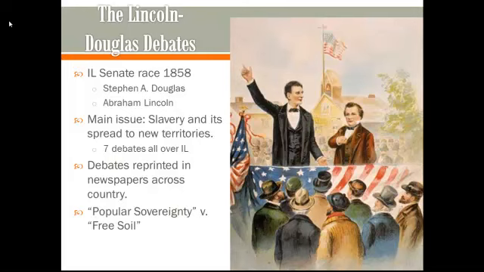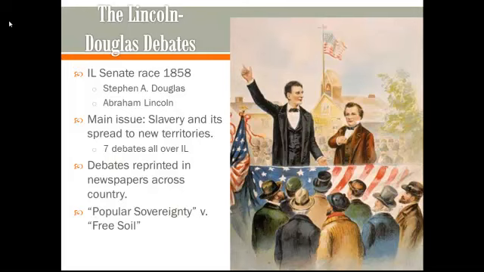And after he gives this speech, Abraham Lincoln throws his hat in the ring to run for the Illinois Senate seat in 1858. His opponent was a legendary senator named Stephen A. Douglas, who, though short of stature, was known as the Great Debater for his fiery debate skills and his great speaking skills. In the Senate race, Douglas and Lincoln agreed to a series of 7 debates, and they were all over Illinois. The Lincoln-Douglas debates became some of the most famous debates in all of American history.